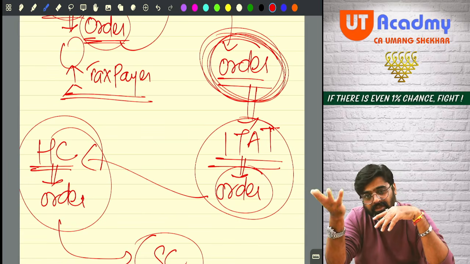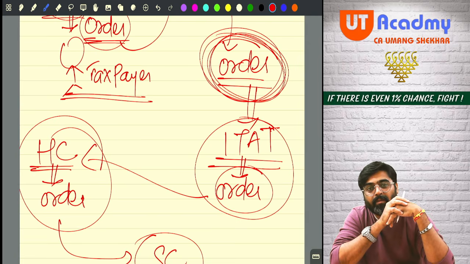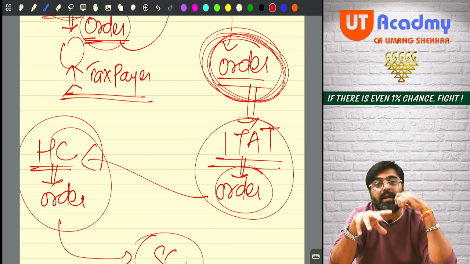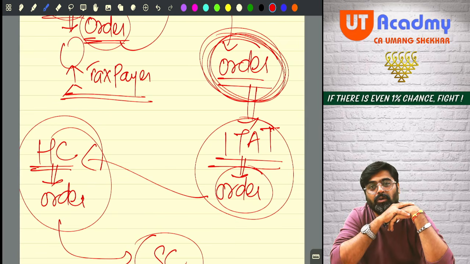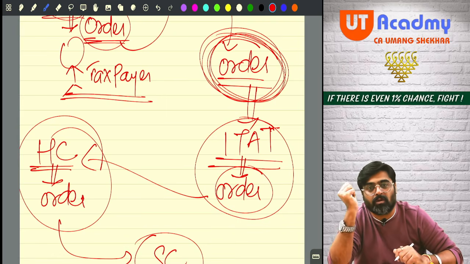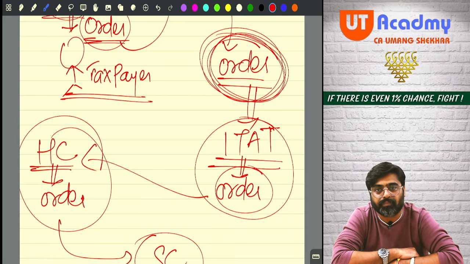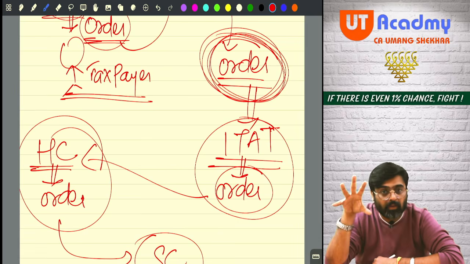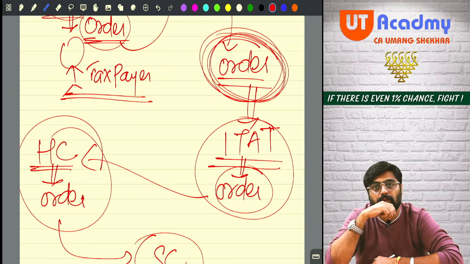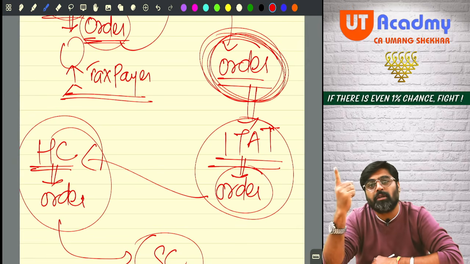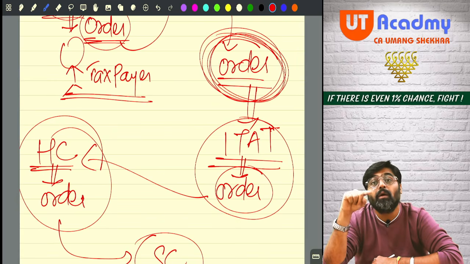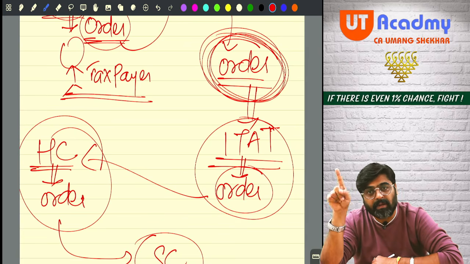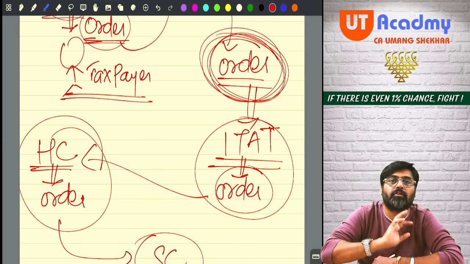Now, whenever the judgment is given by the High Courts and the Supreme Courts, or even the ITAT, those judgments will give proper clarity about any provision. So for a particular provision, if there was a dispute between the department and the taxpayer, getting my point? What was that dispute? If this provision says this, then on the basis of this provision, what was the dispute? On this dispute, what was the judgment of the court? Meaning, what is it that the court interprets? The interpretation and judgment given by the court is the actual interpretation of this provision.